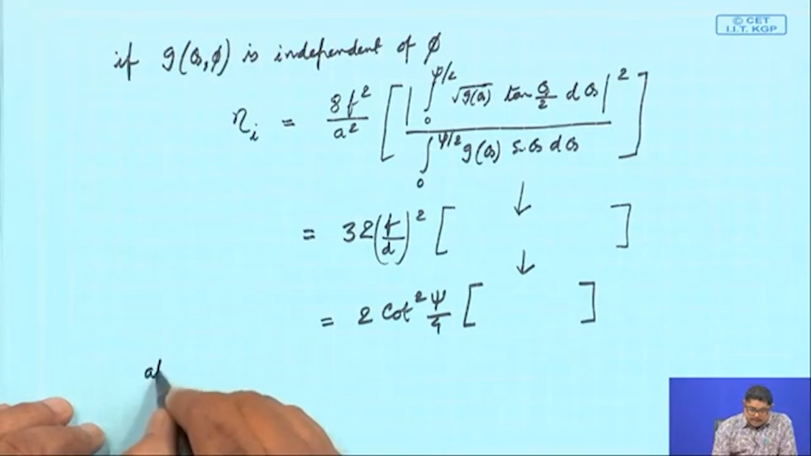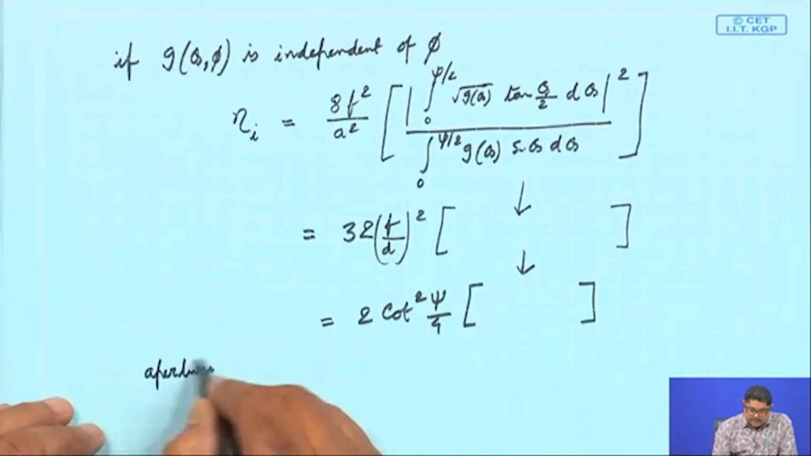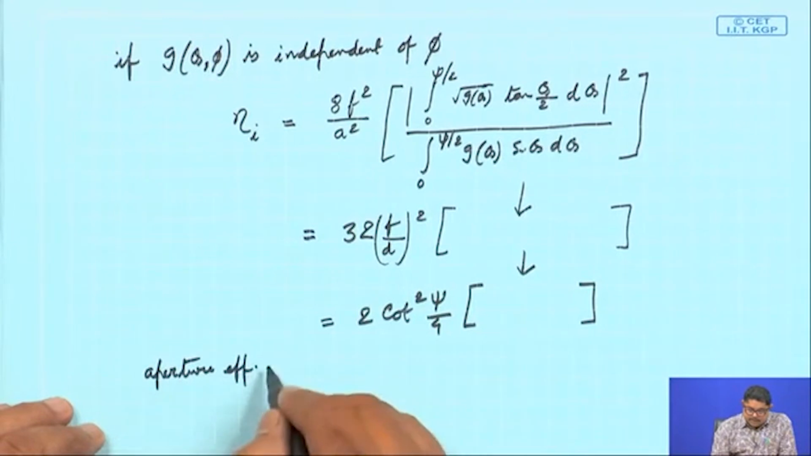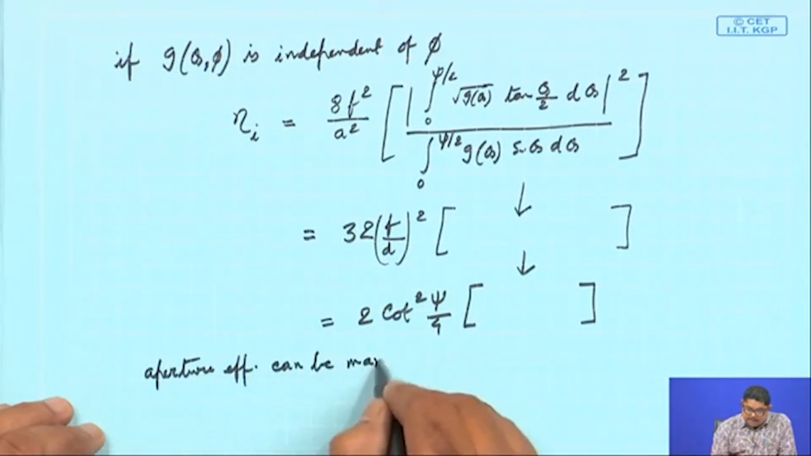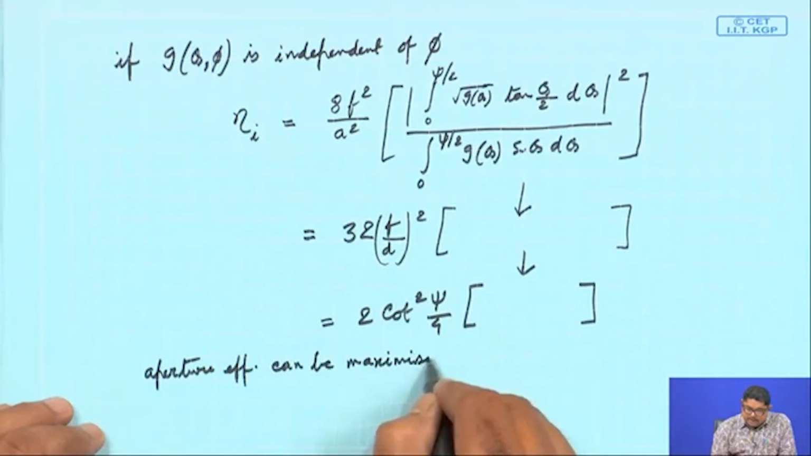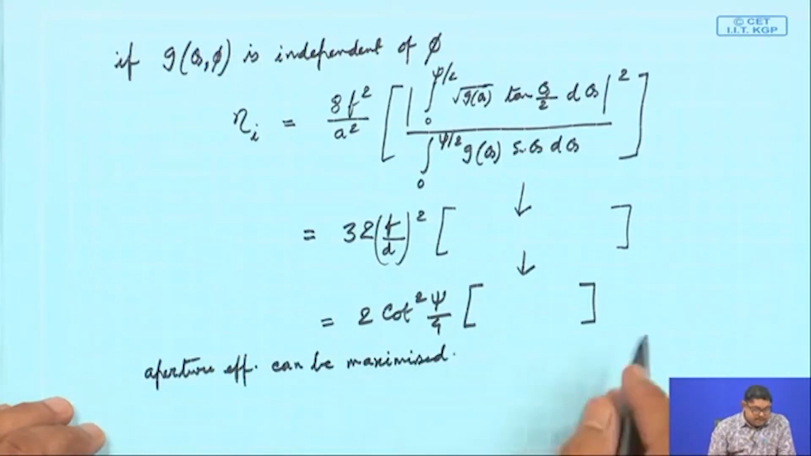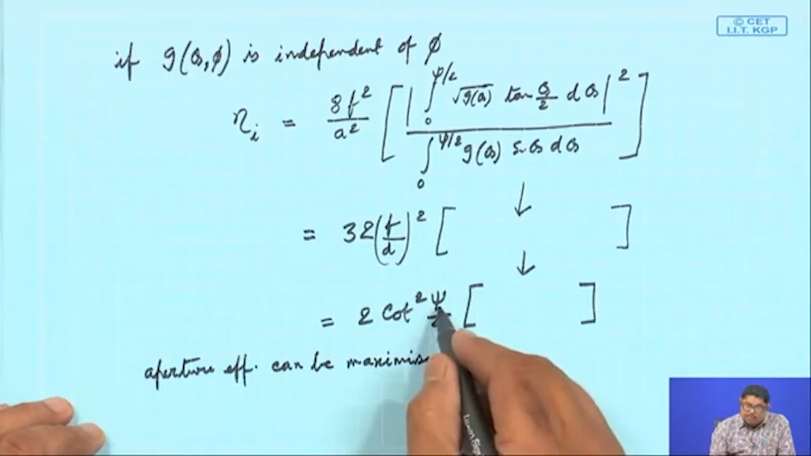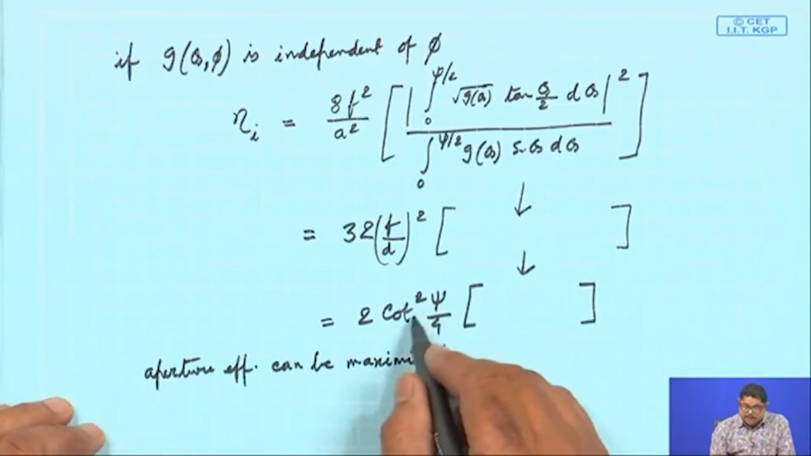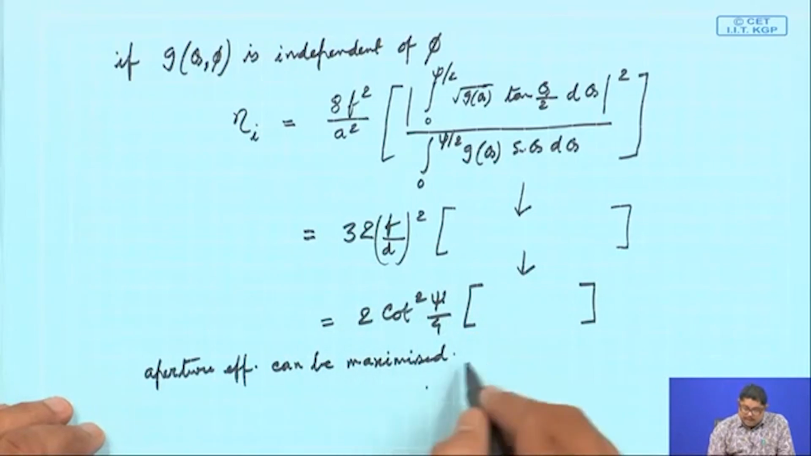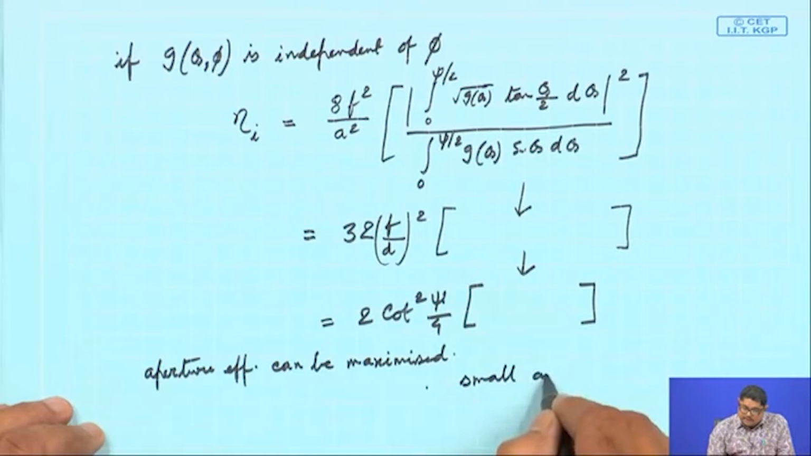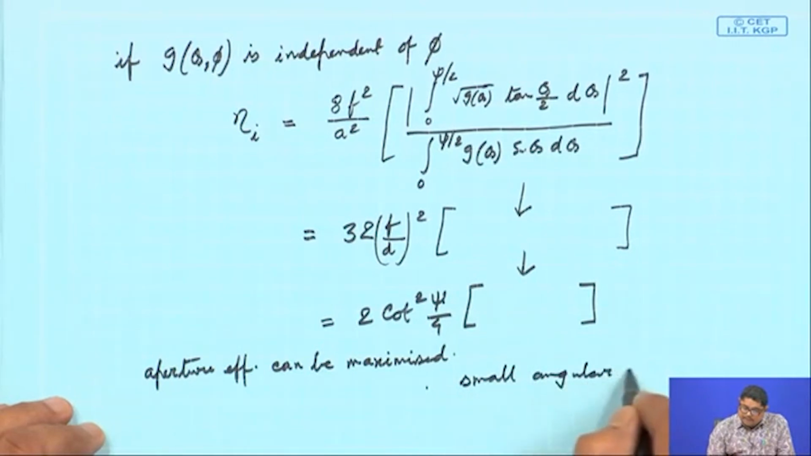Now, I can write that aperture efficiency can be maximized if we do two things. One is that we use a small angular aperture, because you see the cot function of psi. So, smaller psi will give you more aperture efficiency. So, one thing is a small angular aperture,